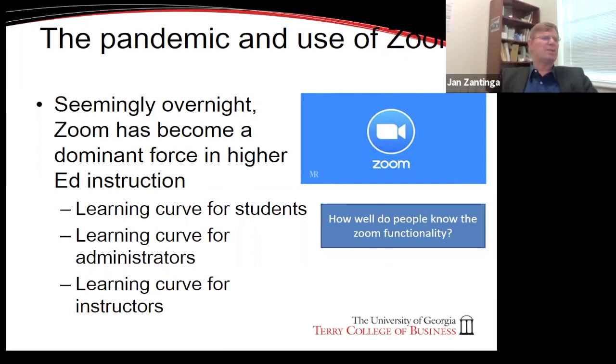So then the big question there is, how well do people actually know this functionality? How well do the students know the ins and outs of Zoom, and what learning curve do they have in order to know that they use the software in the appropriate fashion? And that is actually the same way for administrators. It is not only the students, it is also the people at the higher education institutes, people that work in the IT staff, that all of a sudden get this enormous amount of people that are on Zoom, and it is an enormous learning curve for them as well.